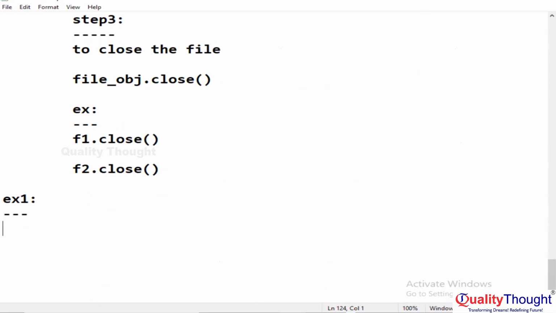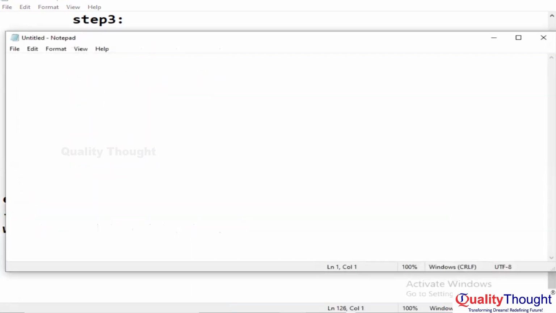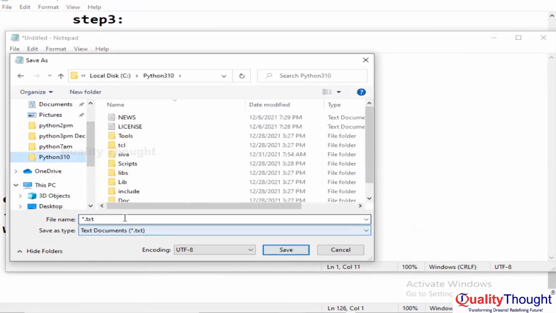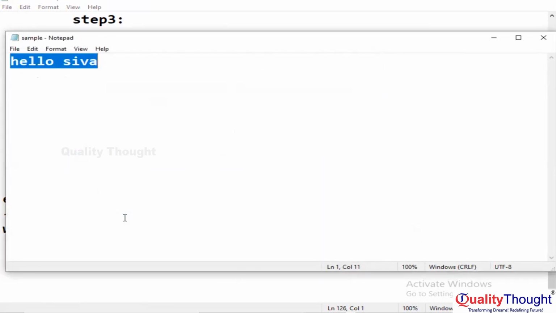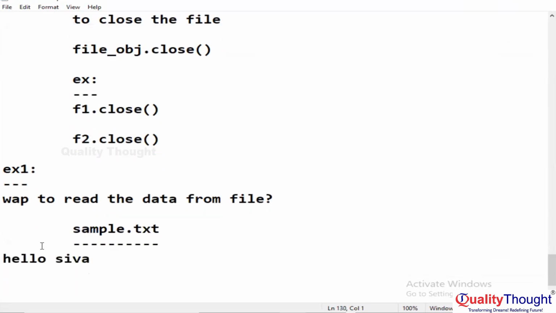Write a program to read the data from a file. I am creating one file. This is my file. I am saving that file into the current working directory. My file name is sample.txt. My program is